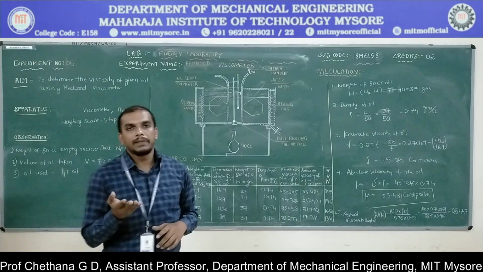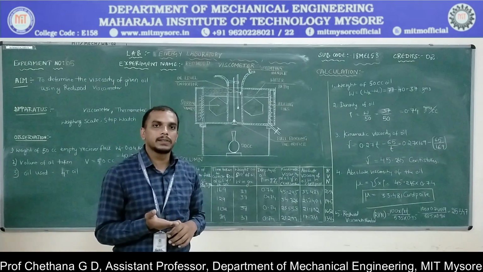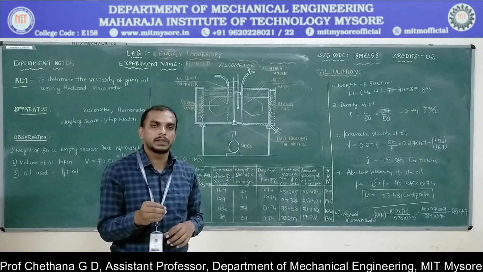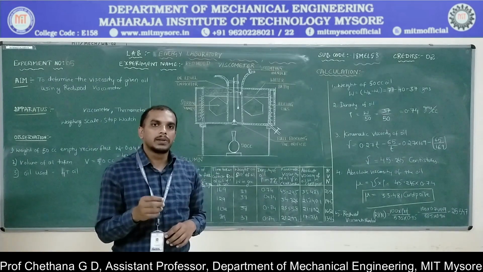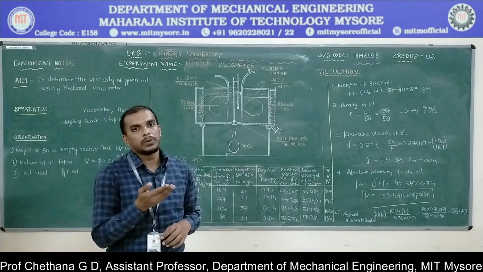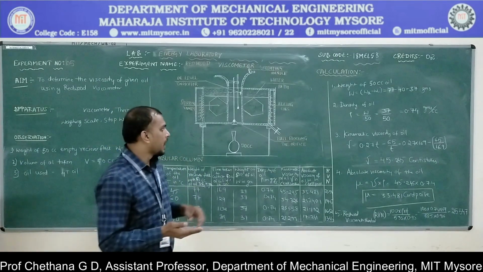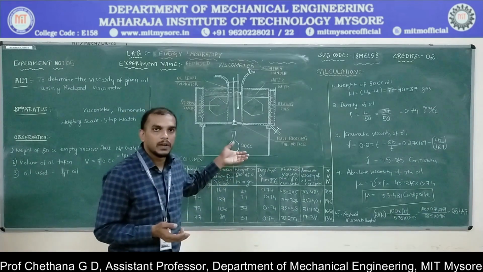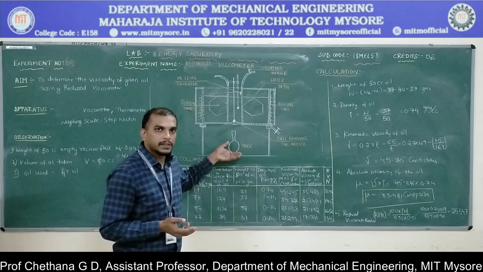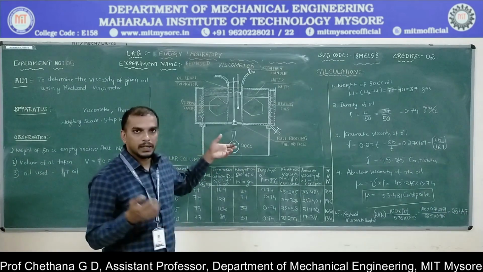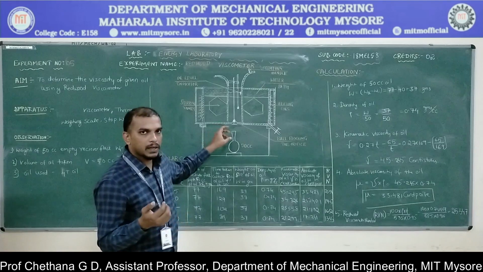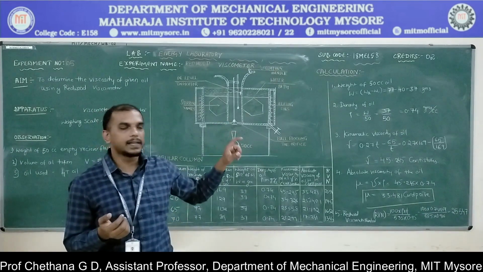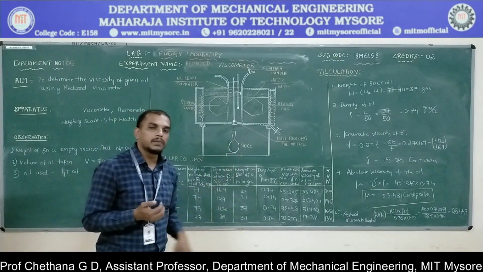That means there will be a restricted flow through an orifice through which the liquid, whose viscosity we are interested in measuring, has to flow. There will be a standard orifice through which the liquid has to flow, and we note the time it takes for the given volume of fluid. Here we are taking 50 cc, so we are measuring the time for 50 cc of oil to be collected in this flask. Then what will we have?